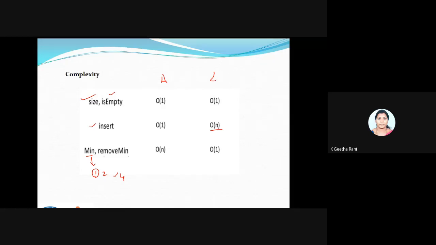For an array, if you want to delete, it takes a larger time, so the order is O of n. I have to search which has the highest priority, and then I will make the deletion. But in the same concept using a list, the first node will be deleted, so the order is going to be 1. This is just a comparison between the array and the list based upon complexity. Purely, we won't be using the array and list for implementation. You will always be using the heap for a better output and better complexity.